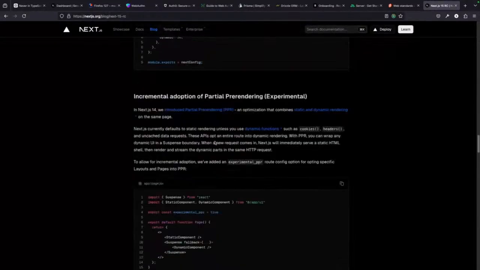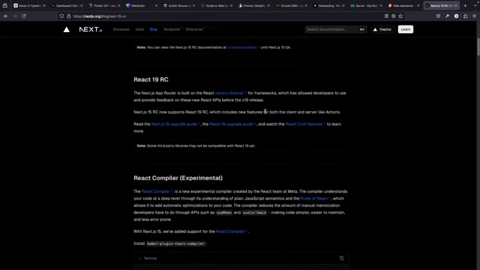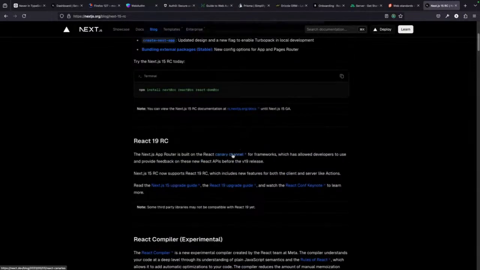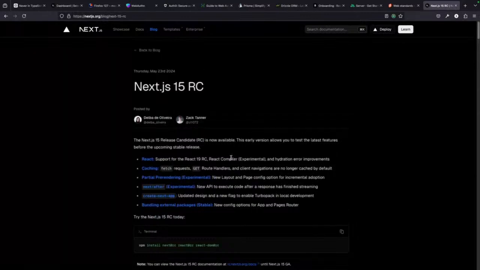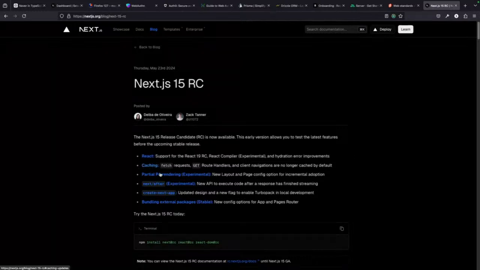I think the major thing is Turbopack, and the major thing that they are adding to this is Turbopack and the React compiler. They already had full support for React 19 for a while now, and I think they have some improvements on their caching.